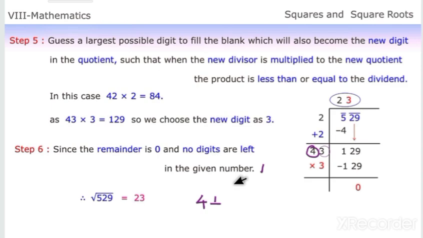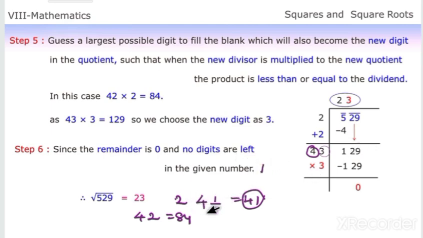After that, we multiply 1 and 41, and you will get 41. That 41 is very much less than 129, so you move on to find another number. You may try 2 and put the 2 in the quotient as well. Now multiply 2 into 42, and you get 84, which is still somewhat less than 129. So we try the next number.